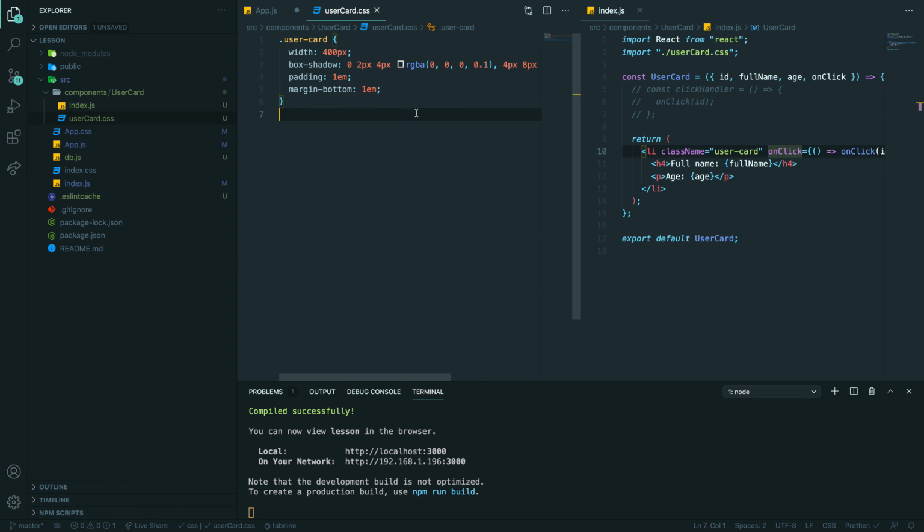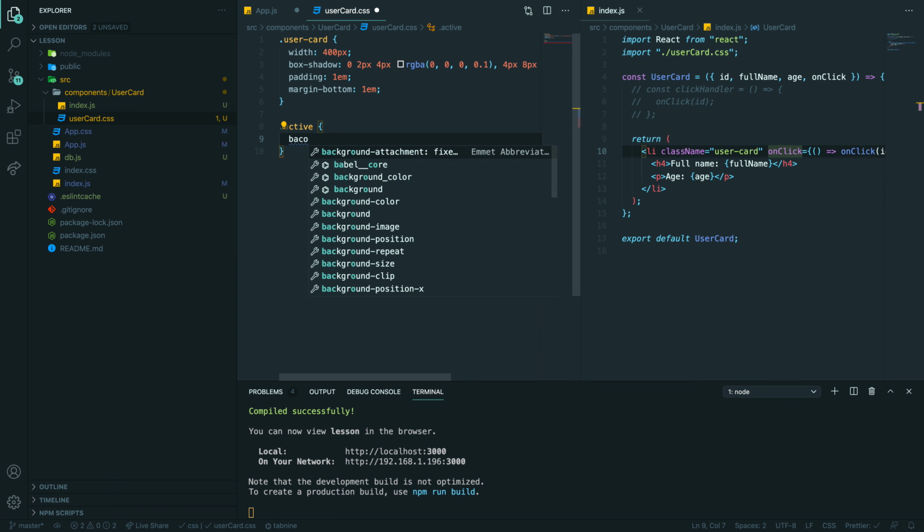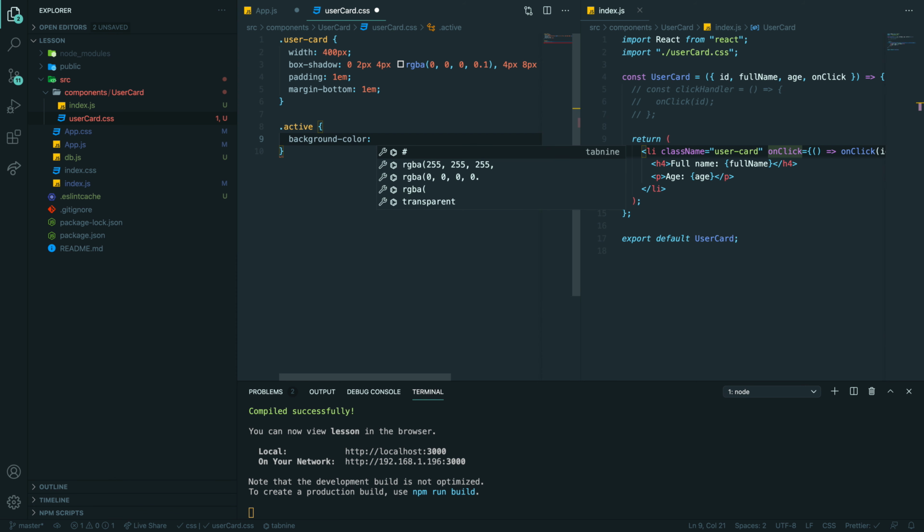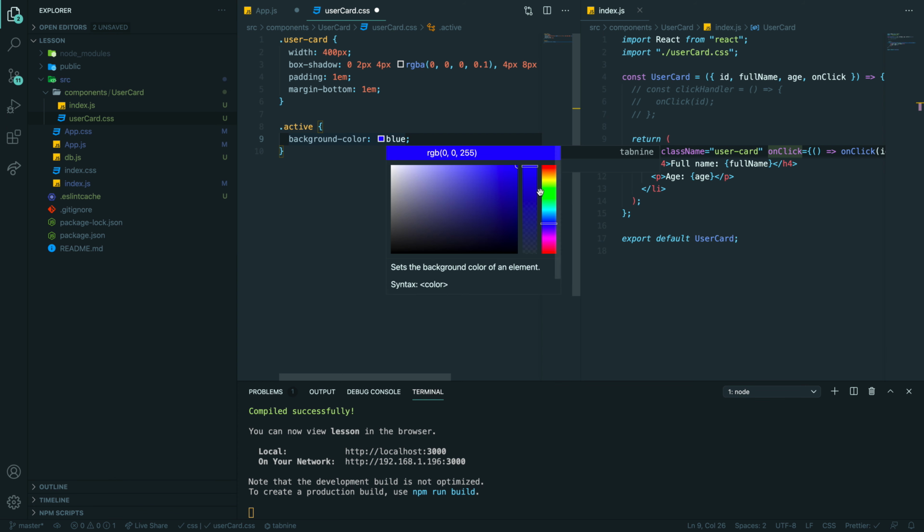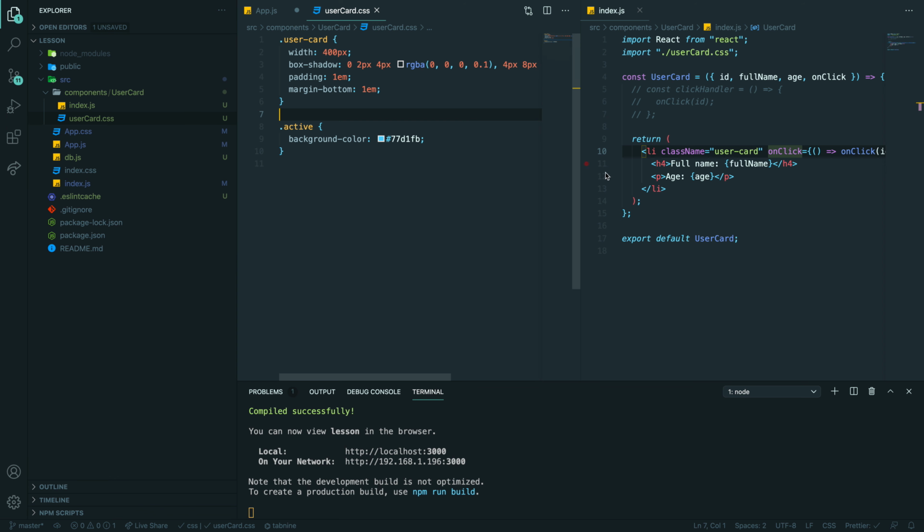So here, active, I will add some background color, I don't know, blue. Oh, that kind of blue, some blue. Let me pick the right one. Some light blue, let's say light blue. Something like that. So I want to conditionally add a background to the card, right?